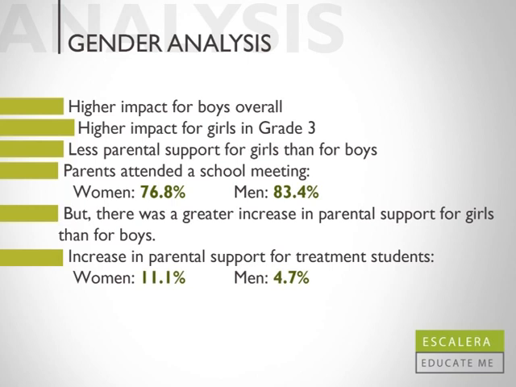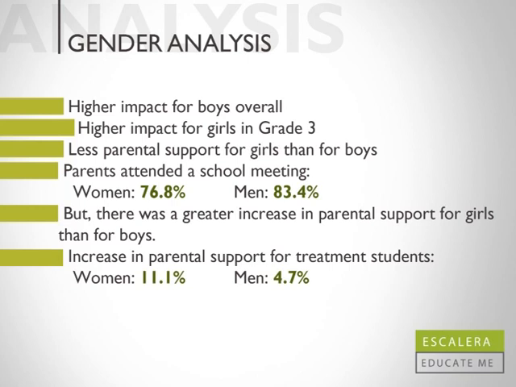So what we saw was that when looking at scores for the control group, there was a higher percentage of boys who reported that their parents had attended a school meeting, which might indicate that these male students receive higher parental support, and that might explain why there's a higher impact for boys overall as